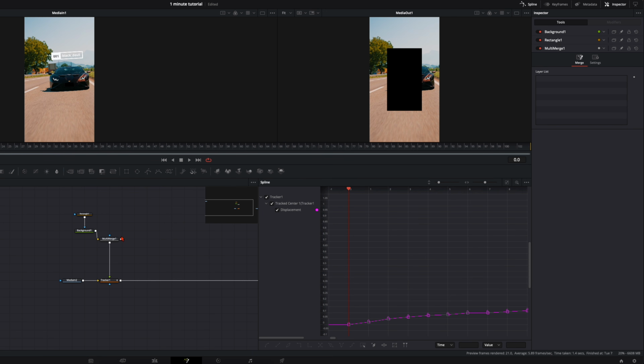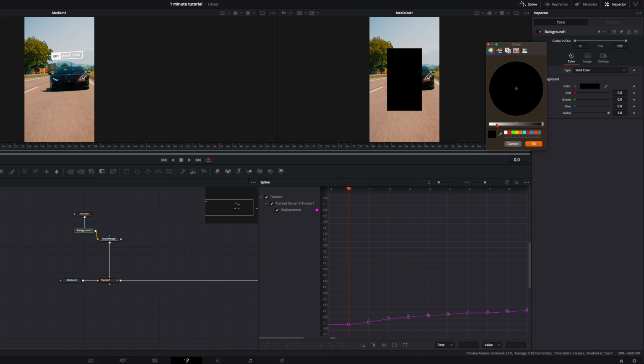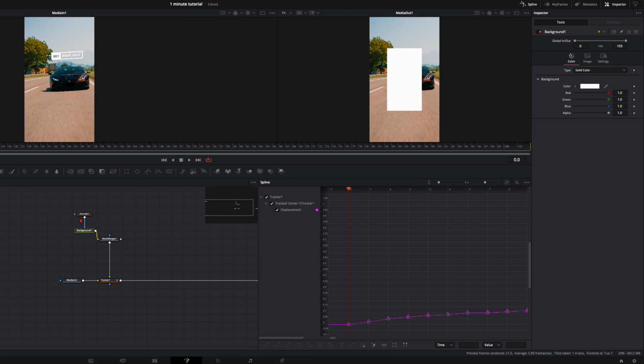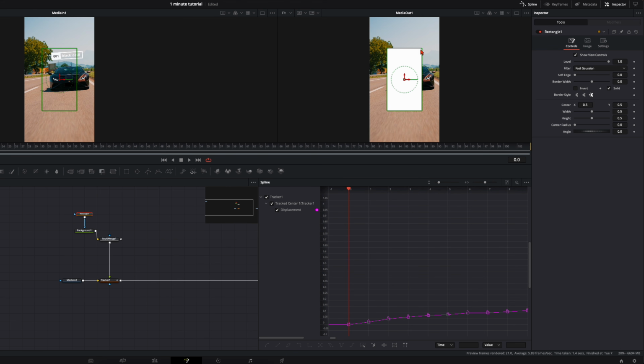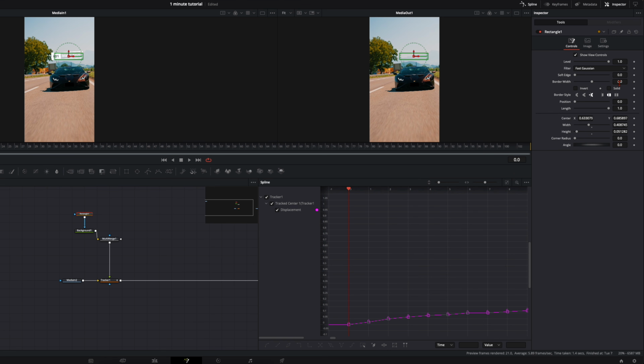Now you see a black square. Take the background and choose a color you want. In my example, it's white. Then select a rectangle and create a rectangle you want to have, just for the outline. Then go over and disable solid, and here by the border width take this to around 0.01, and this will